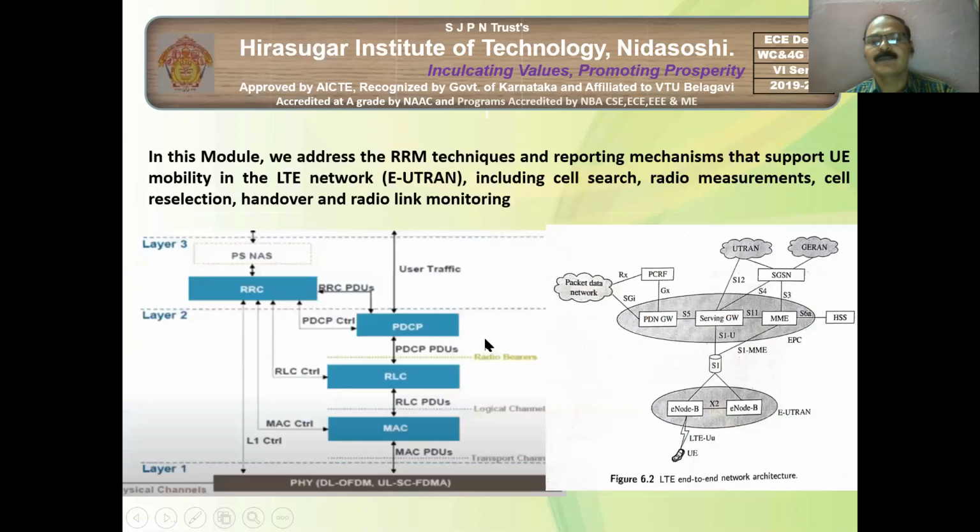Now look here: the UE and the eNode B serving it, and this is called the EPS bearer. The packet data network is external to this, so it can give data from anywhere, from Pune, Bangalore, or Belgaum, whatever it may be. So this path connection we call the EPS bearer.